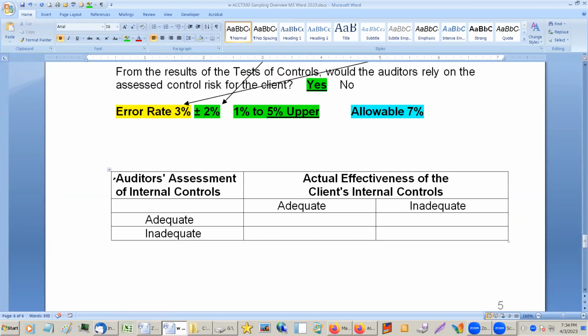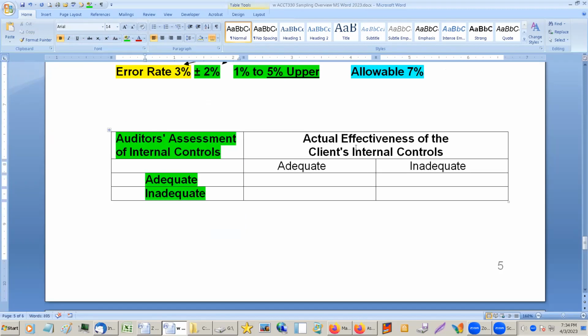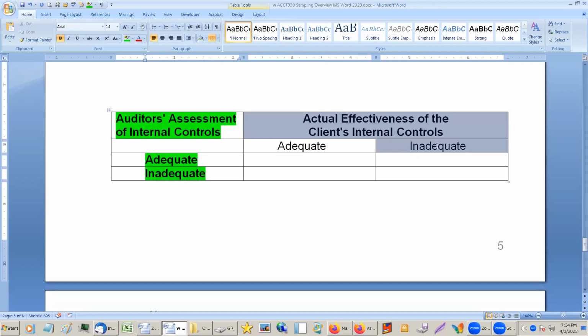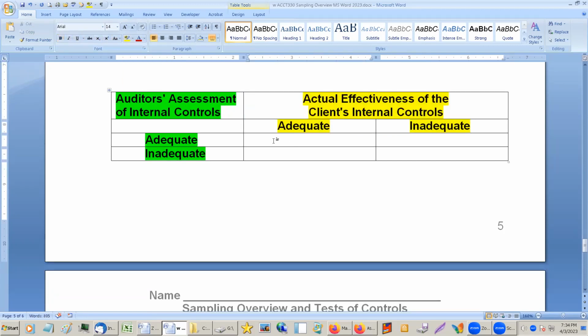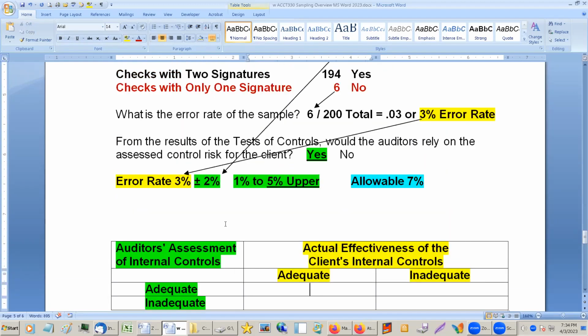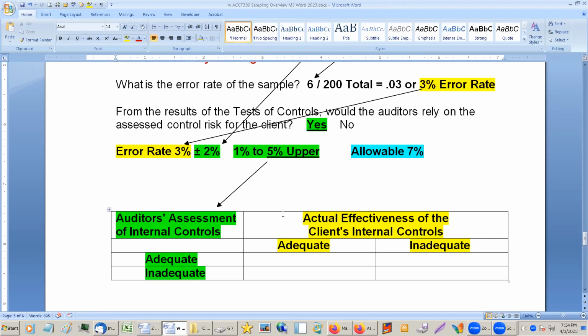All right, so internal controls. Auditor's assessment, let's make those green. And the actual, let's make those, I don't know, I guess yellow. Okay, so once we get our assessment of the controls,